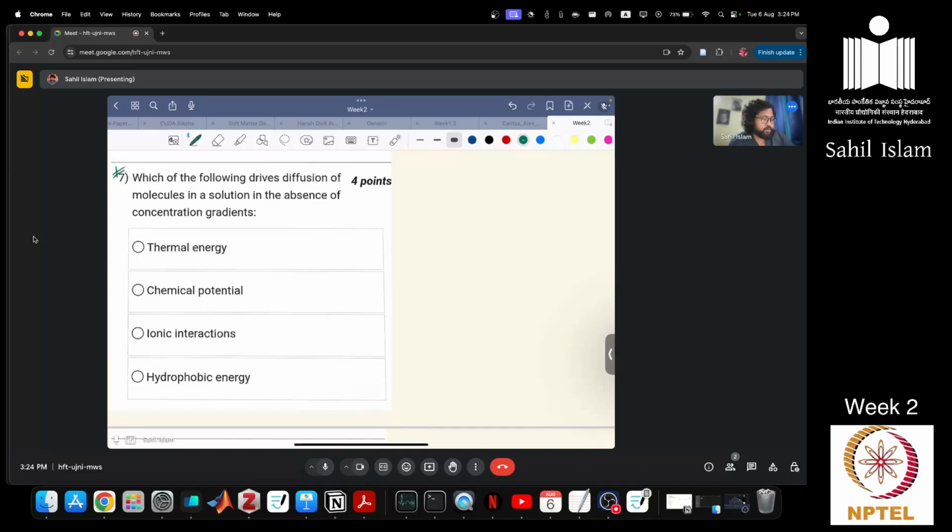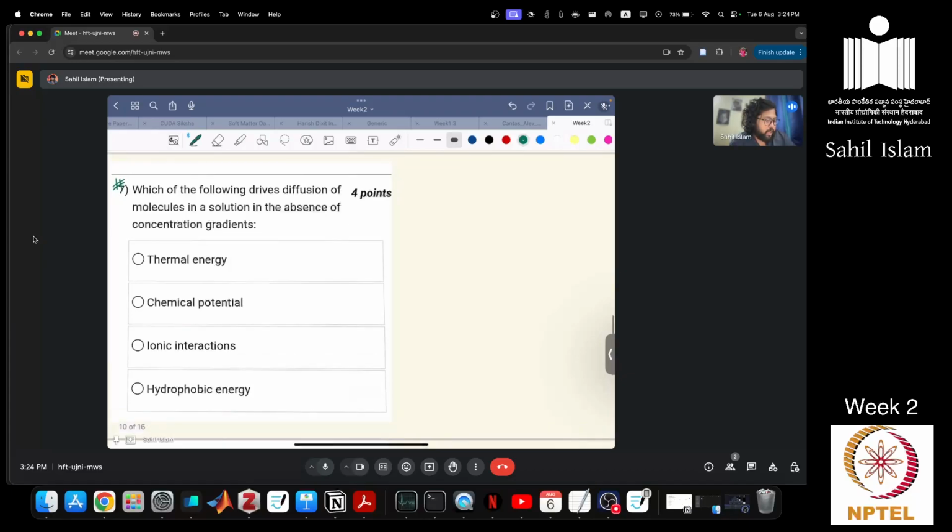Let's say you have a solvent like this, and now you add some molecule, let's say salt or sugar, or in your room you spray some perfume. So what happens is, eventually, if you wait long enough,